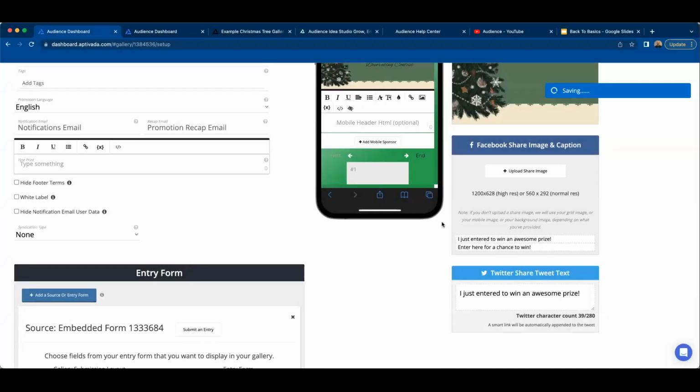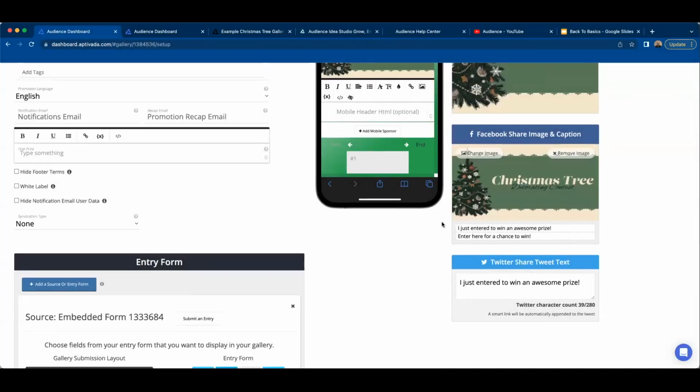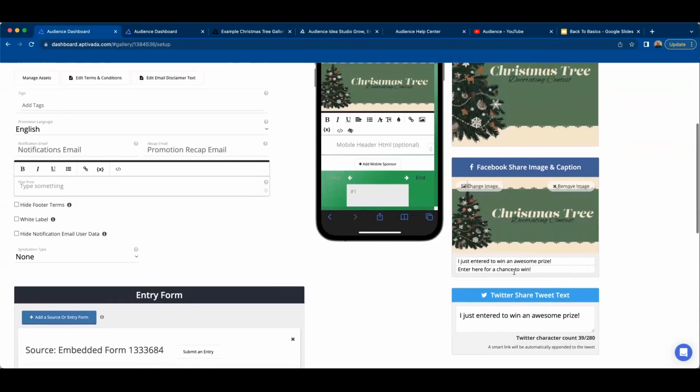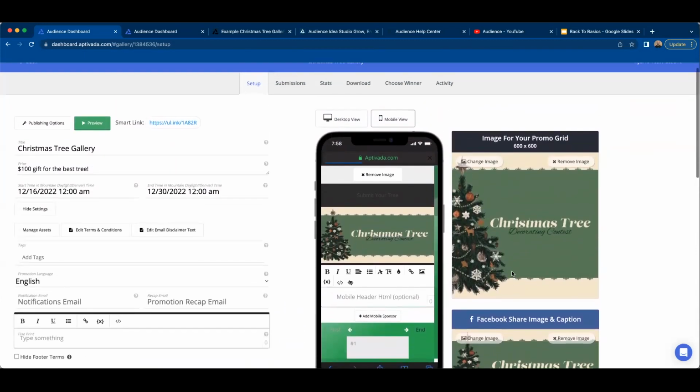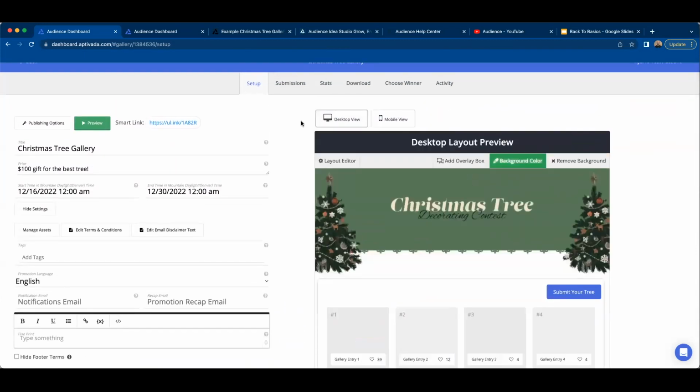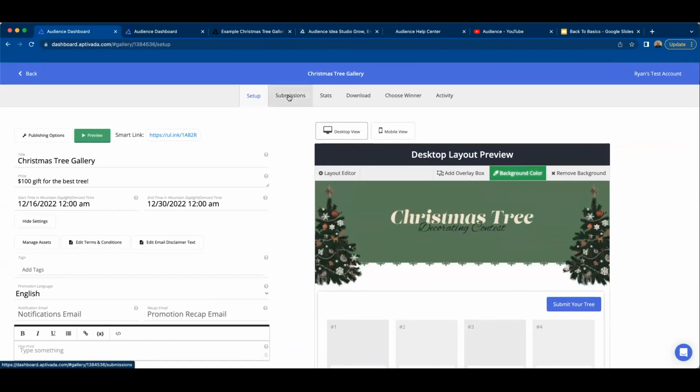This is the image that's going to pop up when users share this onto Facebook. It'll also be the image that pops up when they share onto Twitter, as well as just their regular link as well. So now we have all that set up. Next we could go into the submissions, and I'm actually going to go onto the submissions of my page,